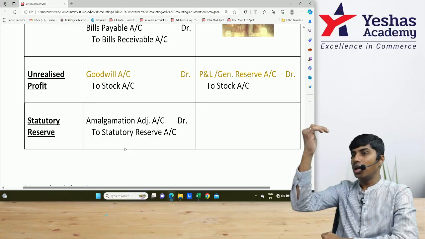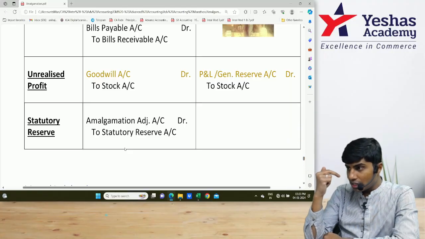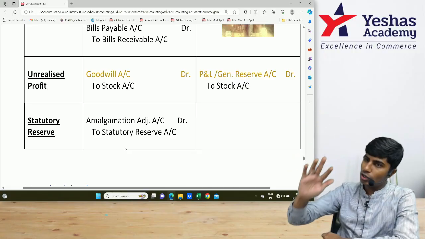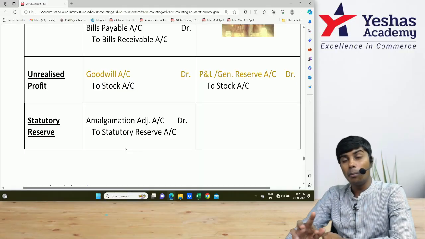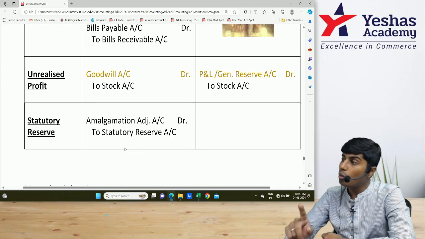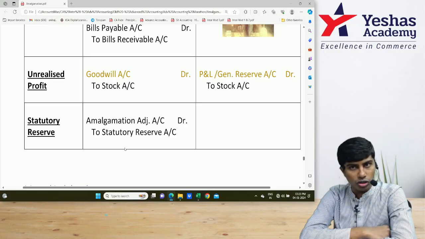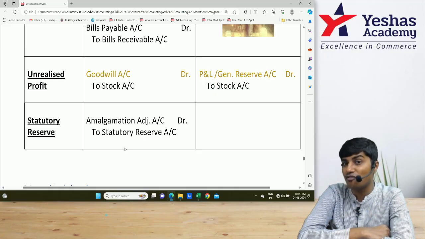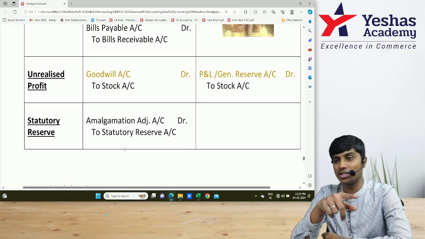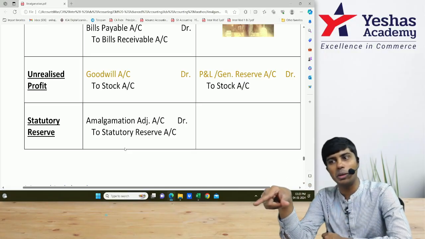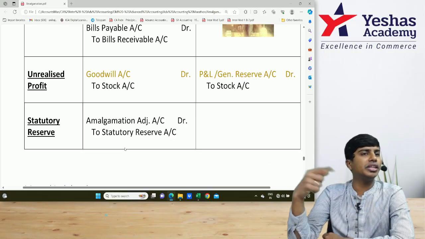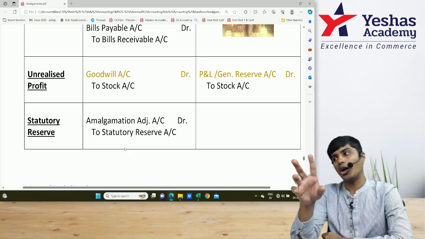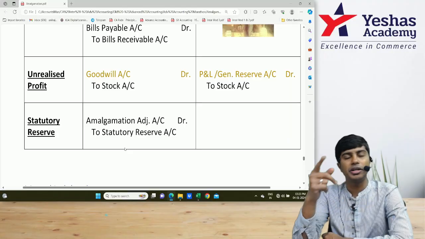If it is upward, as in the goods have gone from transferor company to transferee company, we call it upward. Here also stock value will reduce. We credit stock. But what to debit depends upon the nature of amalgamation. If it is amalgamation in the nature of merger, then we write reserves and surplus because we've taken over their reserves. In that, only profit is included. If we don't take over their reserves, that is, amalgamation is in the nature of purchase, then we'll write goodwill account debit to stock account. Such decrease in the value of the stock will be debited to goodwill.